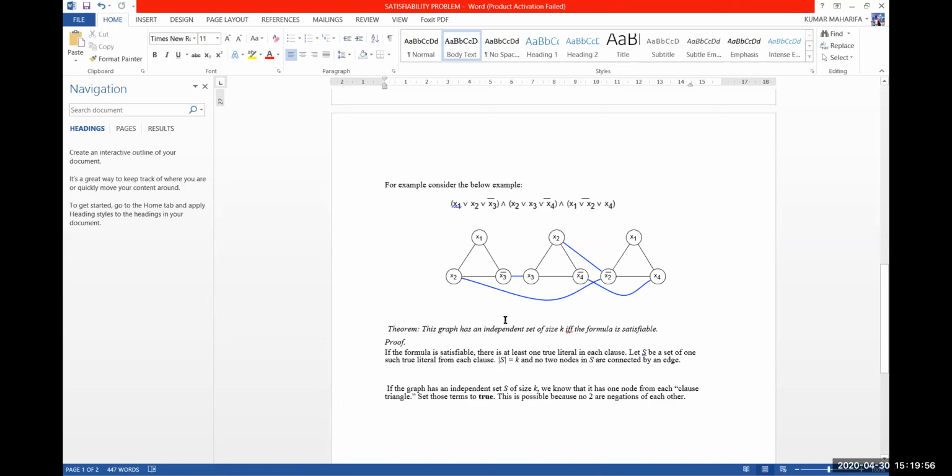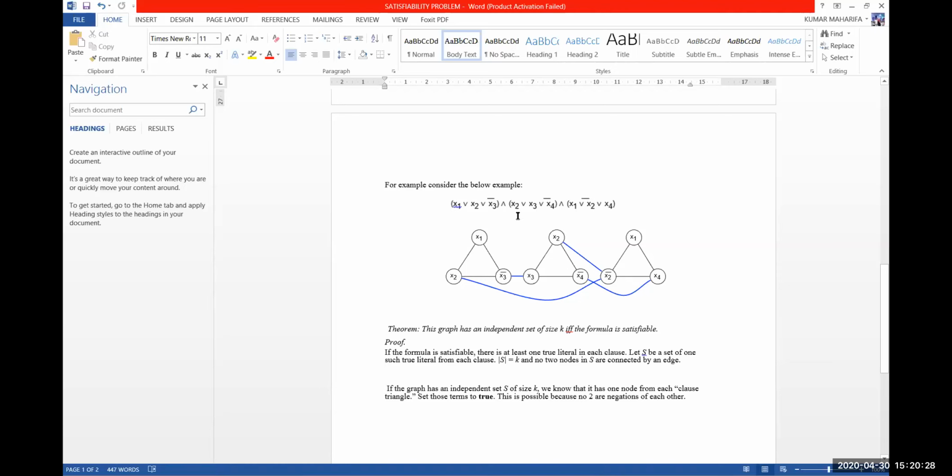Now, how can we reduce that to independent set? So this diagram represents independent set. Look into that. The first clause has been expressed in this way. So how many variables do we have in the first clause? 3 variables. So every clause has been represented in the form of an independent triangle. Okay, an independent triangle. Fine. So we have x1, we have x2, and then x3 bar. Each is linked with the others, so all of them are connected. So that is independent of the next set.